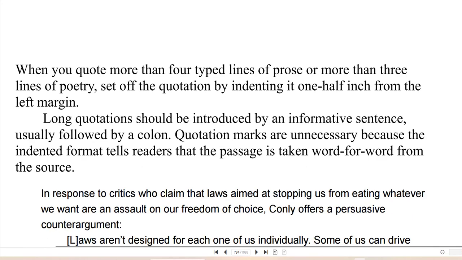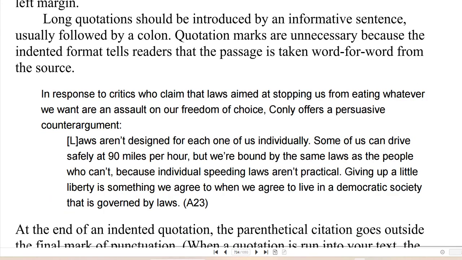Long quotations should be introduced by an informative sentence, usually followed by a colon. Quotation marks are unnecessary because the indented format tells readers that the passage is taken word for word from the source. This is known here when you have your regular paragraph or the part of the paragraph, and then you indent inside the paragraph.